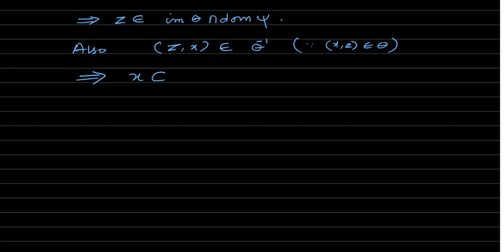So x belongs to z theta inverse, but z belongs to image of theta intersection domain of psi, so this thing is contained in the image, because z is contained in this image of theta. Name this as 1 above,